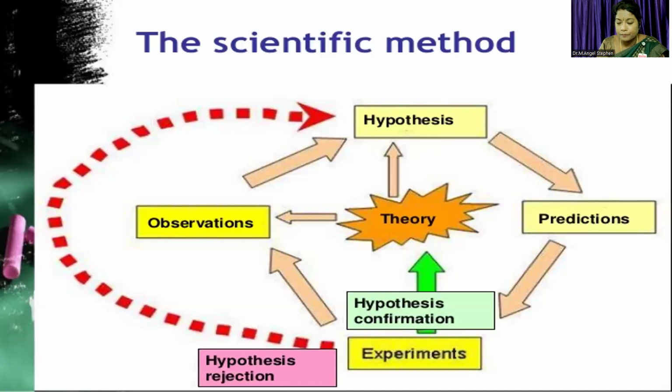You have to predict. Through the predictions, you have to confirm the hypothesis by doing the experimental methods. While carrying out the experiment, you can prove or disprove the hypothesis, whether it is working or not. After doing the experiments, you have to observe things. You have to set up some parameters where you can observe things, and finally you will say whether the hypothesis